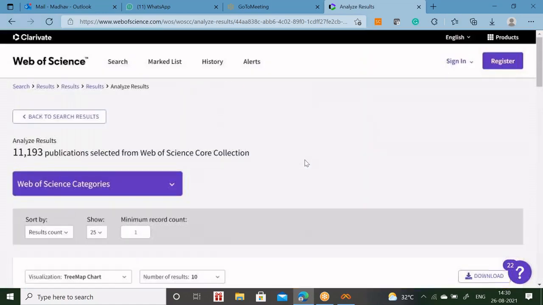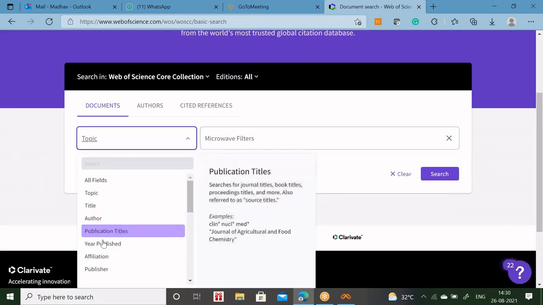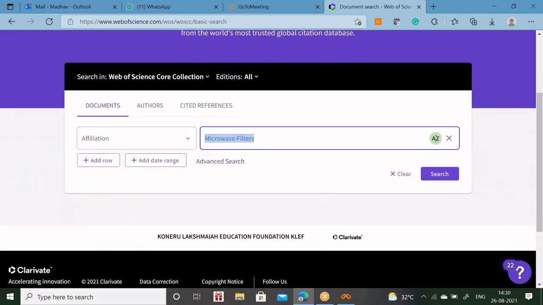Okay, so if anybody wants to analyze your institute, what research your institute is doing, or if anybody wants to do analysis regarding your research, what research you are doing, how you are progressing, where you are publishing, in which area you are working, without asking you directly, they can take it. Okay. For example, I will try for your institute.